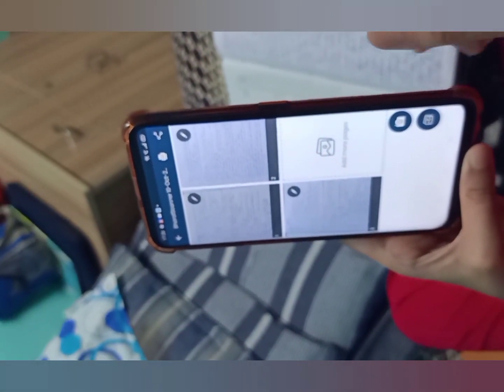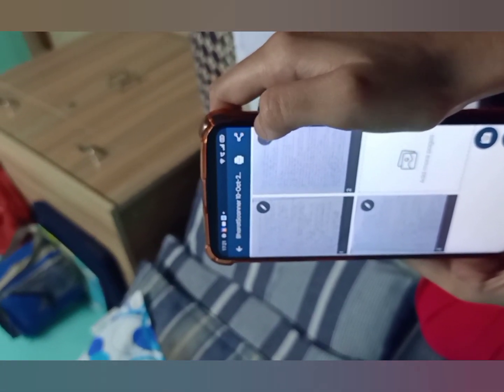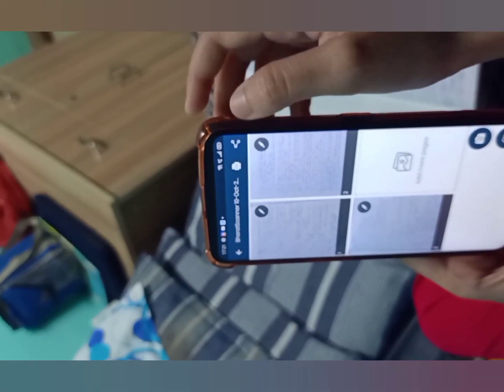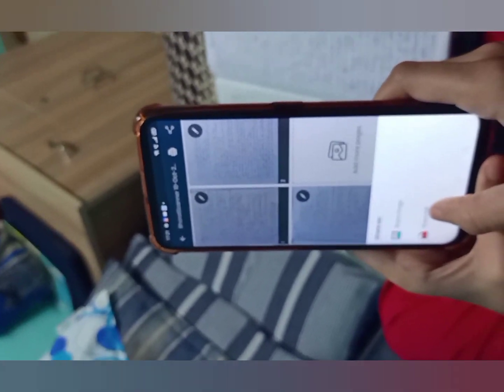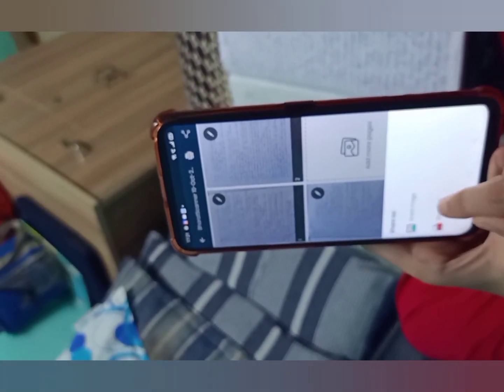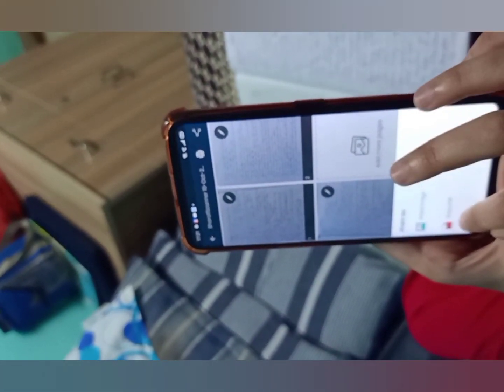This is the assignment or the pages which you have scanned. Now you can see your PDF option is written. After that, next to it, these three dots mean it's a share button. So click on it, share PDF. There's an option: share as image, share as PDF. Don't share the image but share the PDF, because it will automatically combine these images into a PDF.